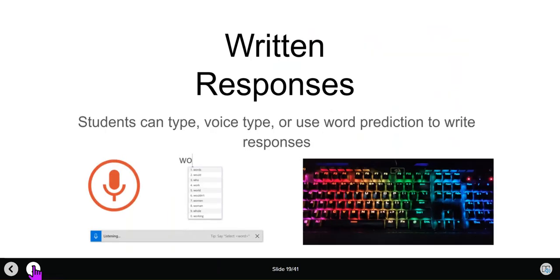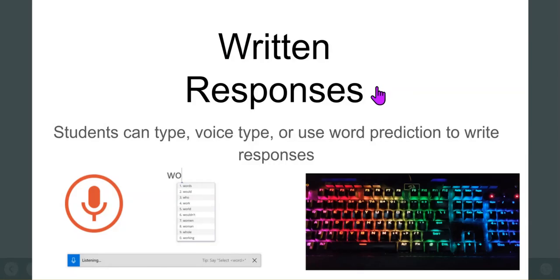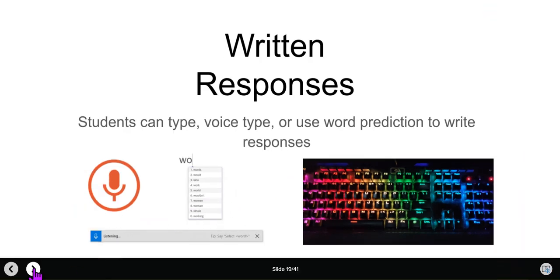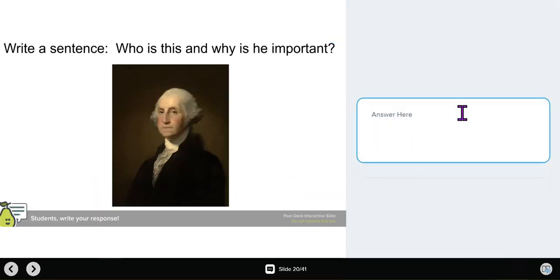So another response method that we can look at is written responses. Pear Deck allows you to add in text boxes for your students to respond by using the written response method. So in this one, we ask a student to write a sentence about who this person is and why they're important. There are a number of different ways the student can do this. So we can type our response